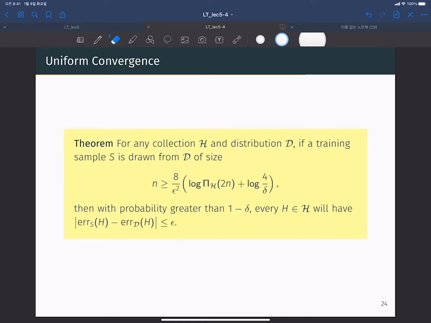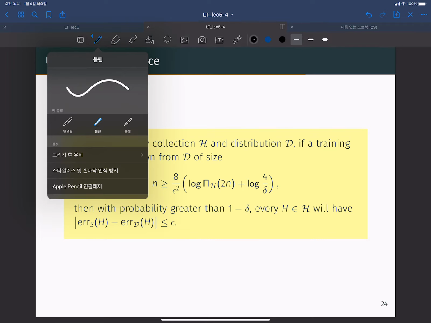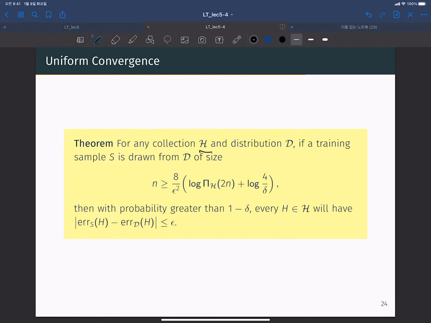We can also derive a uniform convergence result. The proof is pretty much the same as in the PAC learning analysis. The theorem is this: for any hypothesis class H and data distribution D, if a training sample S